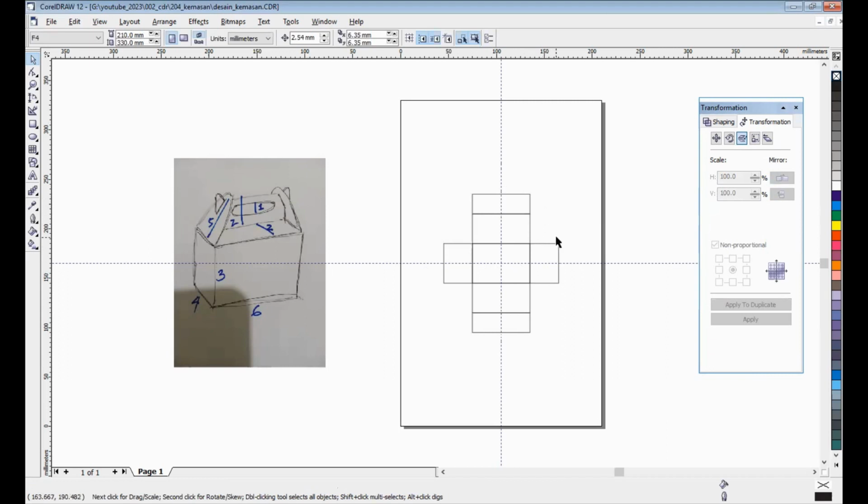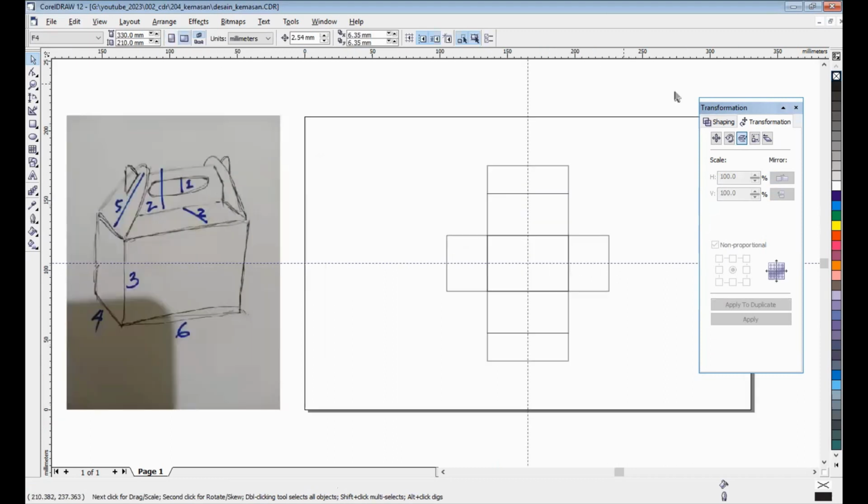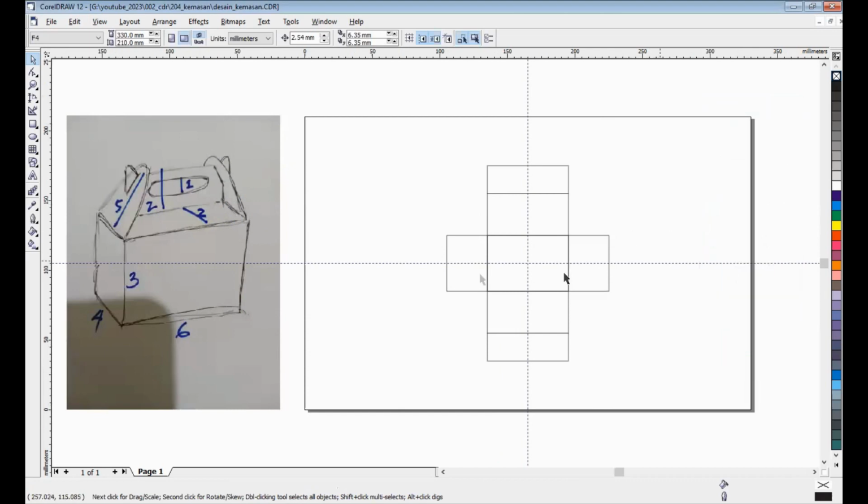But now I will rotate this paper size to landscape, yeah, landscape. It will be easy to design this. Okay, now we create this space with height 5.